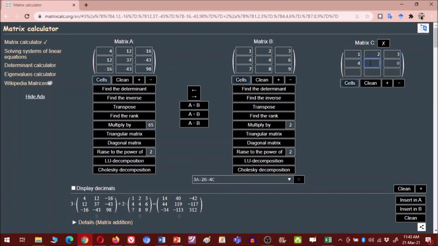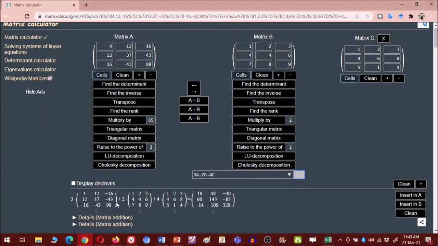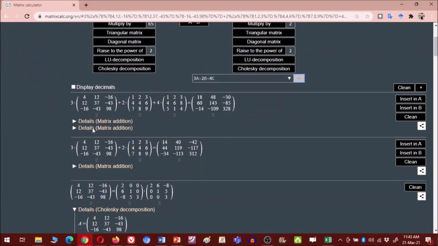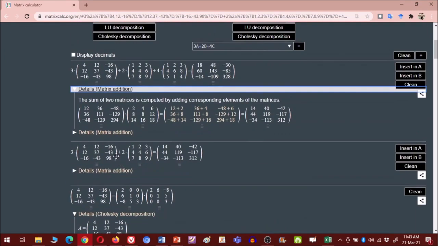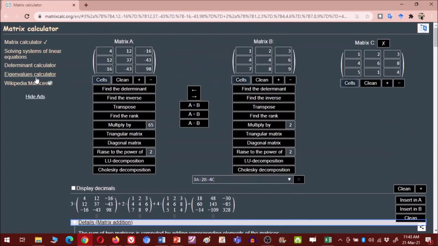So it's not just giving you the calculation, it is also giving you the detailed solution, how you can find eigenvectors, eigenvalues and all those things. So just click on equal to and you can see it is giving me the complete solution, and you can have the detailed solution when you click on this. So the detailed solution is also there.